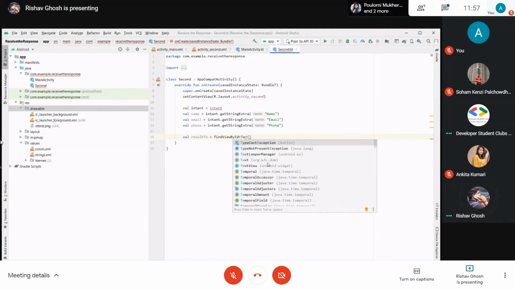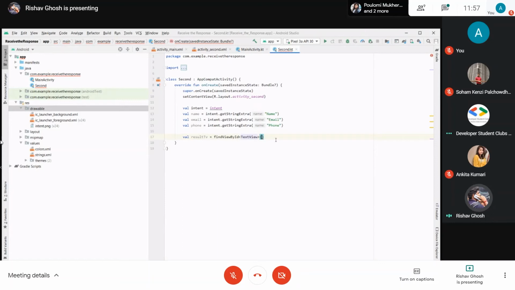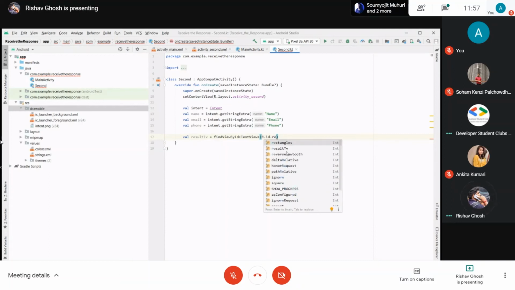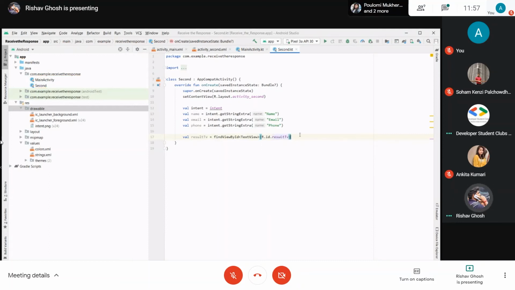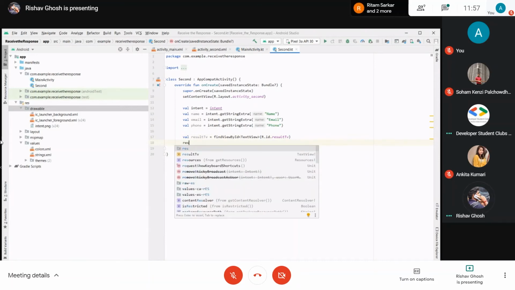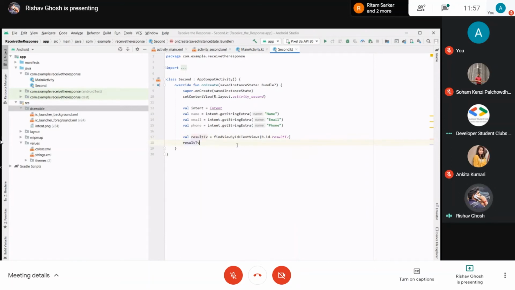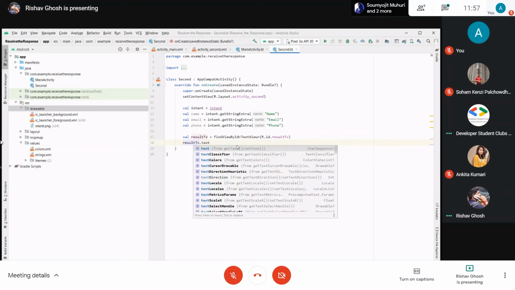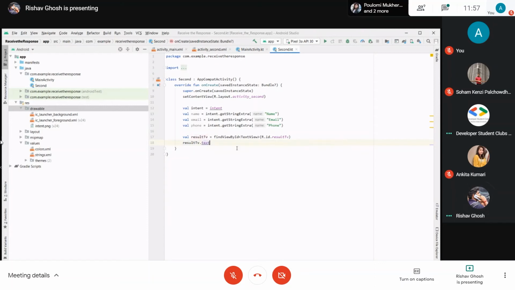So this is a text view and this is result tv. Where is result tv? This is the result tv, and then we just need to call the function result tv dot text equal to